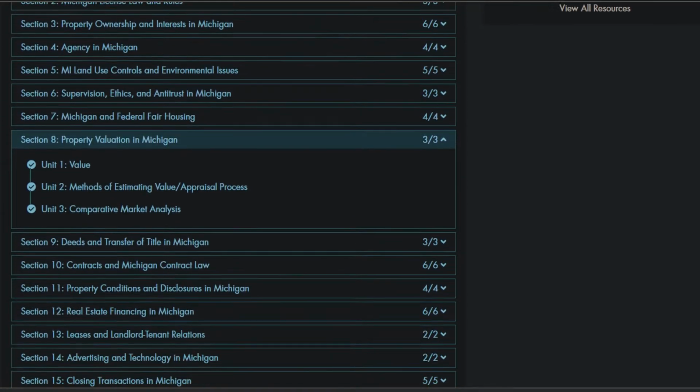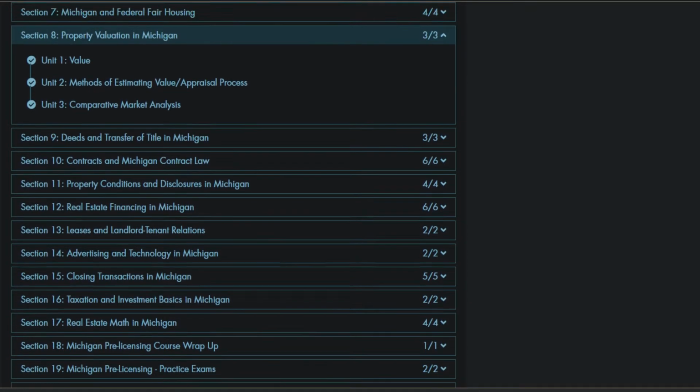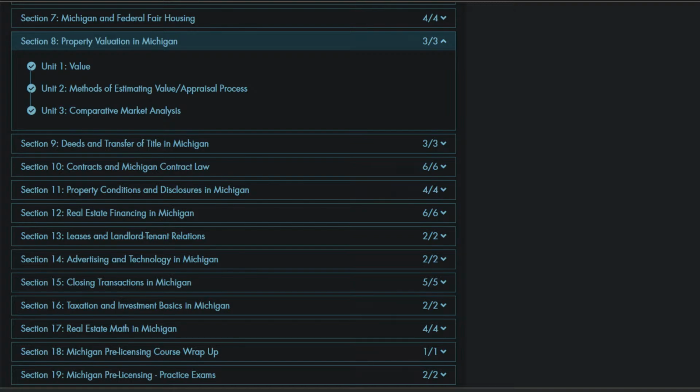So it just allows me to go back in and restudy it. I also have some additional study materials that I'm going to be going over, and then the testing company also provides additional study materials if you want to pay extra money for those. I am not a licensed real estate licensee in my state, which is Michigan. Hopefully I will be within the next 2 to 4 weeks. That is certainly the goal.